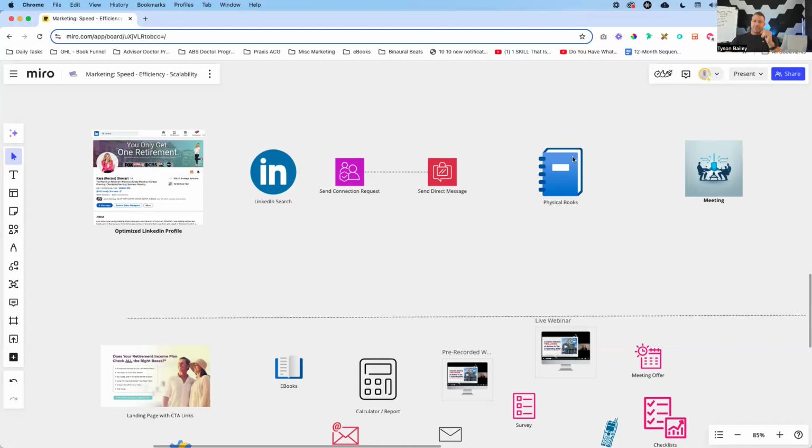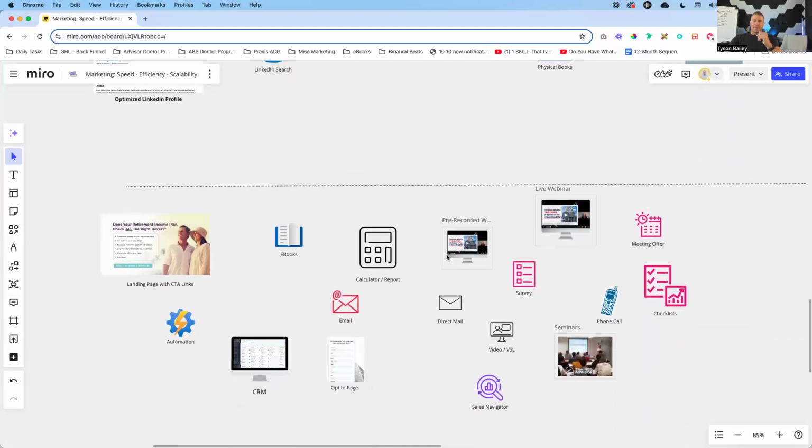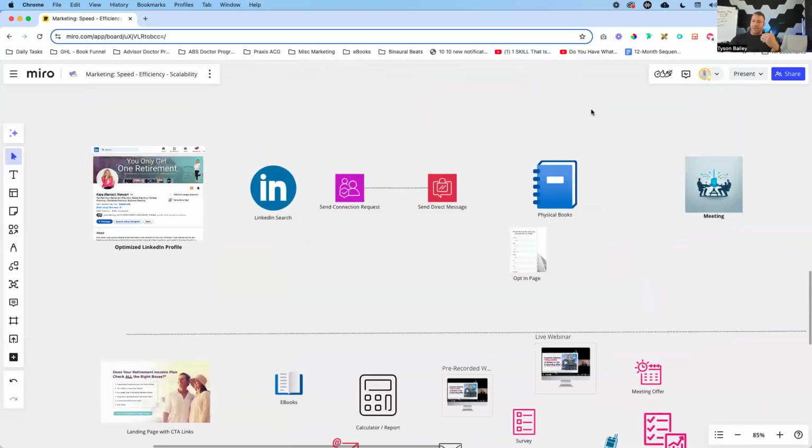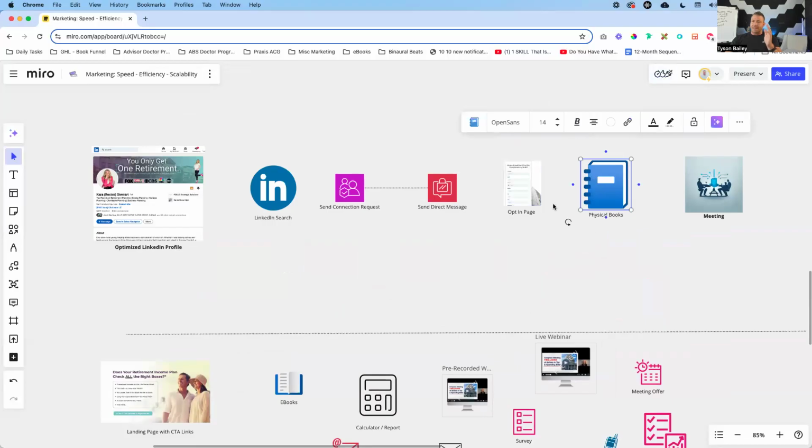So instead of delivering that ebook or that guide or that checklist inside of the message, one of the things that I would highly recommend is you have some sort of an opt-in page that you can send somebody to, where you can request and gather their information. Now, when you are offering this lead magnet on the front end, the more valuable the lead magnet is that you're offering them, the more information you're allowed to ask in order for them to get that offer. So let me say that again. The more valuable the lead magnet, the more information you can request from that individual.